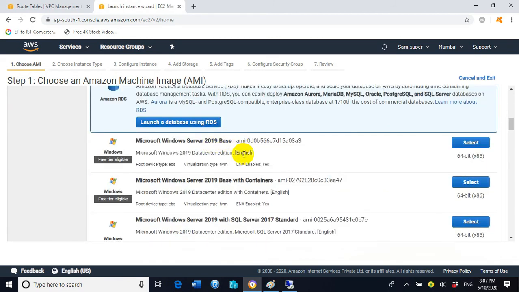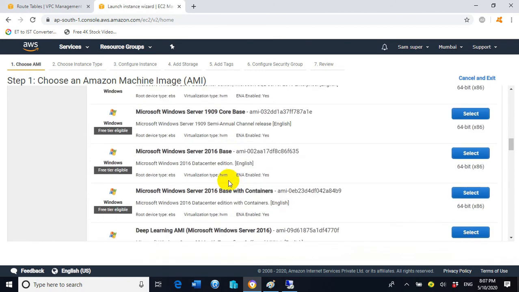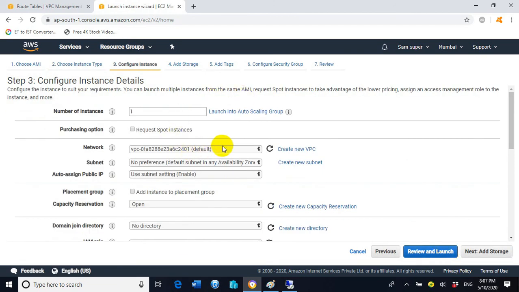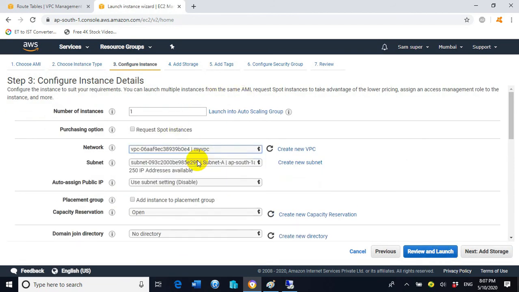choose an image of the operating system, which I will choose here, Microsoft Windows Server 2016 base, select, click on next, and here select my VPC, and here select subnet B. Last time I made a mistake.